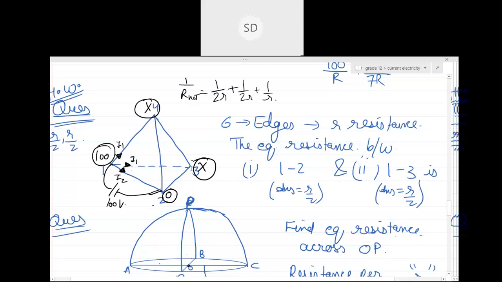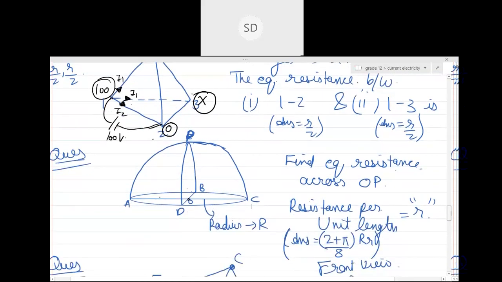This point and this point will become equal potential because of symmetry. So you can remove this resistor. If you remove this resistor, only 142 is left, 132 is left, and 12 is left. So can you see that this will be removed, right? 43 will be removed. So it will be 2R, 2R, and R in parallel with each other. So that's why 1 by R is basically this, and hence the answer is this.